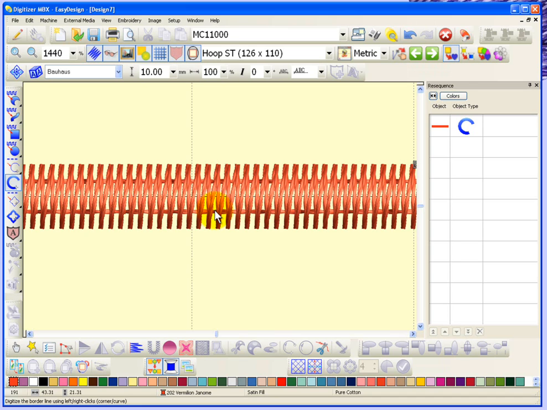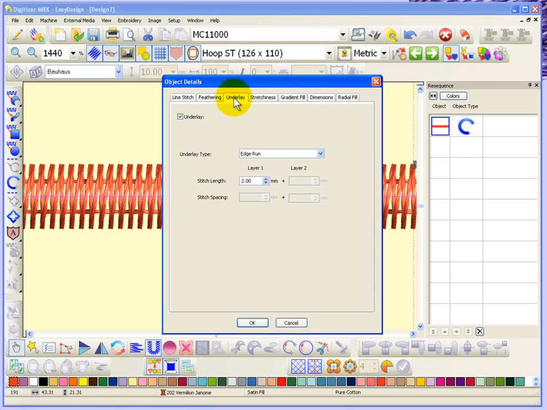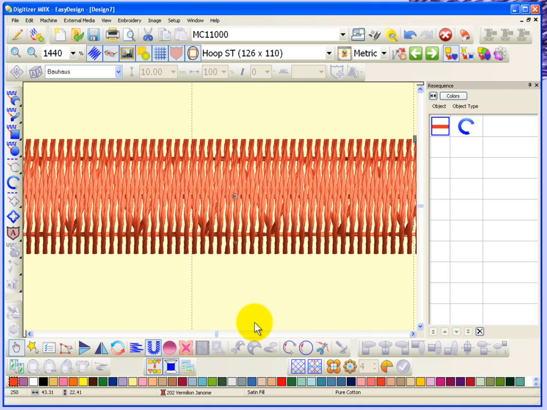Now the software does that based upon the fabric settings, which I can see are set down here on my information bar for pure cotton. Now if I was to select this satin stitch line and open up its properties, first of all I can see here in the underlay tab that it's set to have an edge run. Now if I choose the line stitch tab, I can see that it's set at 2 millimeters, and if I changed it to be 4 millimeters wide, so twice as wide, I can see that the software has now decided that this satin column should have an edge run underlay and a zigzag,